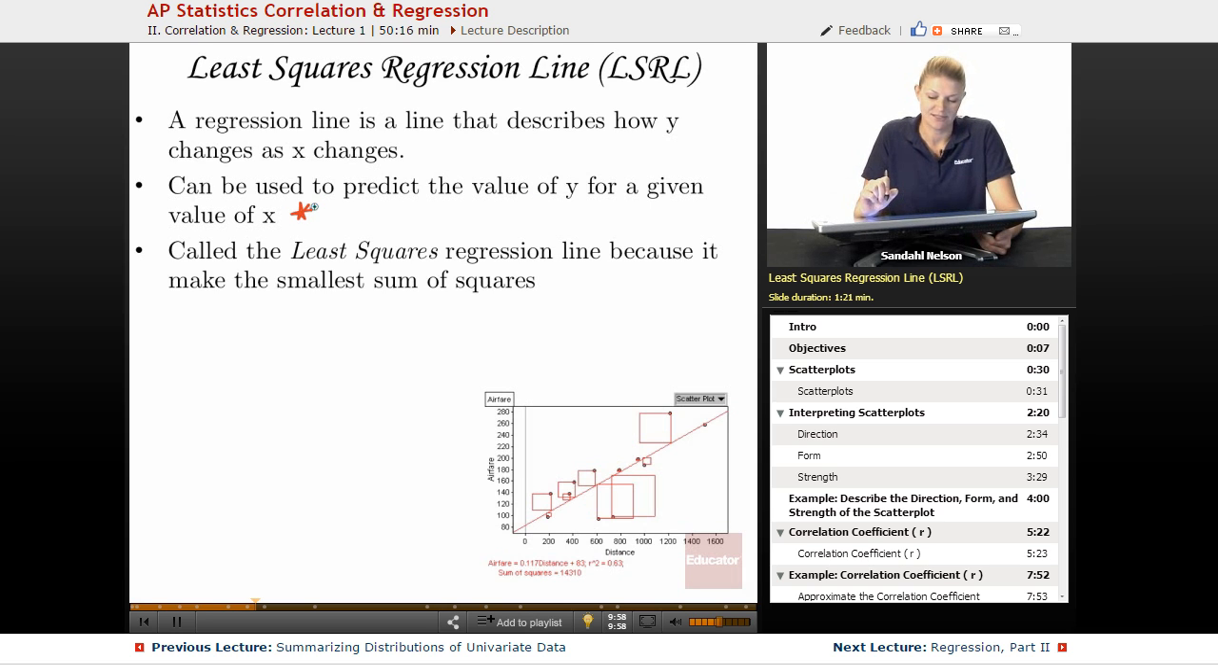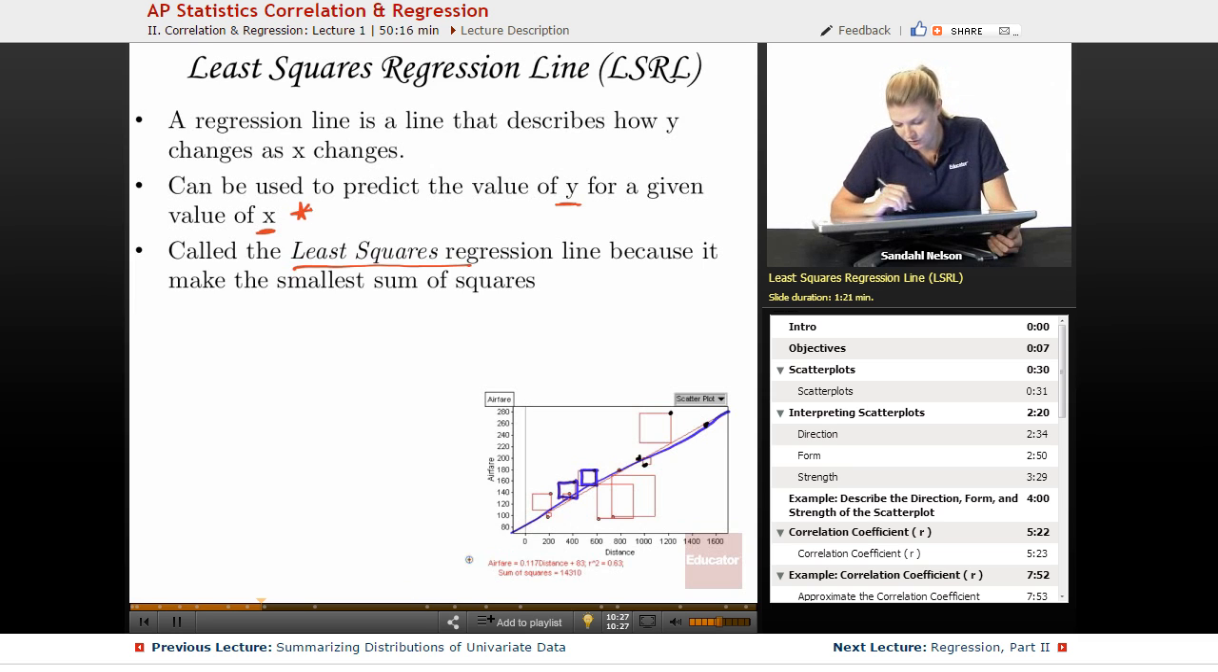But we'll get to that in just a second. For the most part, we can use it to predict y when we have x. Now, it's called the least squares regression line because if you note, we have all of these dots, and this best fit line is calculated so that it makes the square of the distance between each dot and the line, the sum of all those little squares,